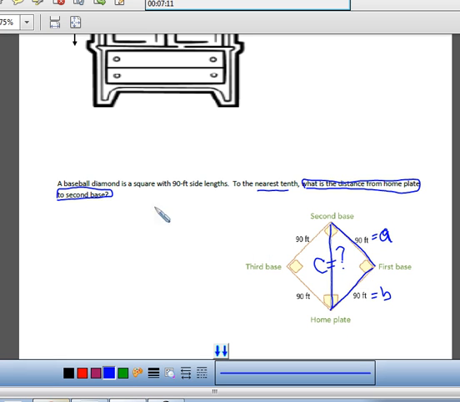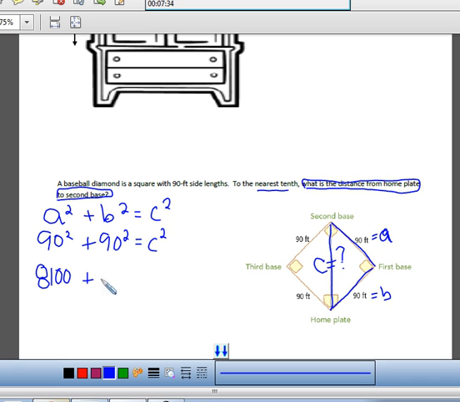So we're going to use the Pythagorean theorem. A squared plus b squared equals c squared. Plug in our a, plug in our b, and try to find c. And we get 8,100 plus 8,100 equals c squared. Combine those,